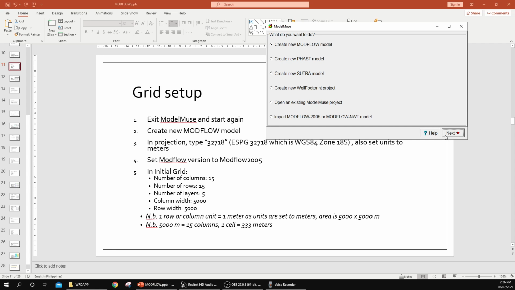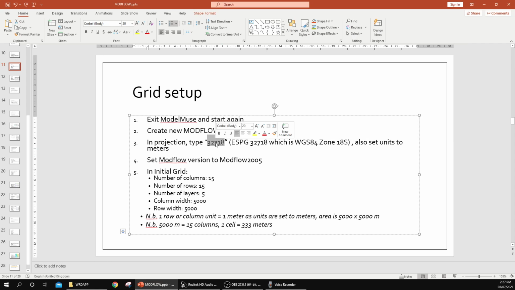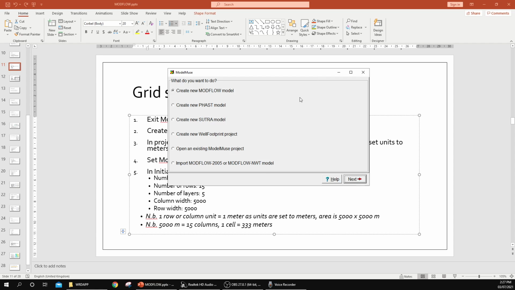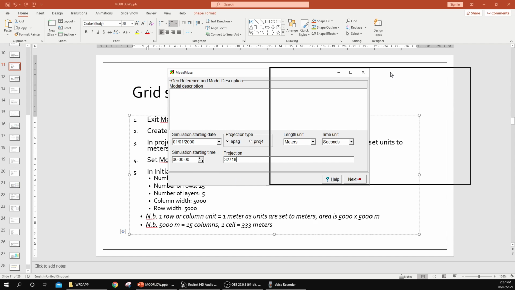Right, so create a new Modflow model and then input the EPSG value of this value. Create a new Modflow model, input the EPSG value, and then